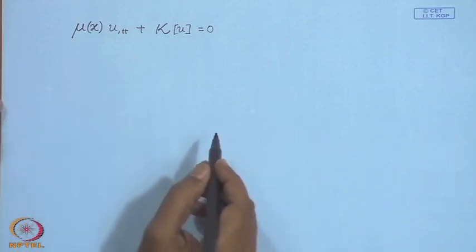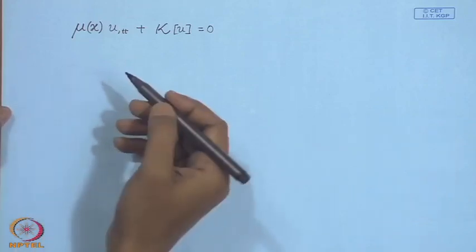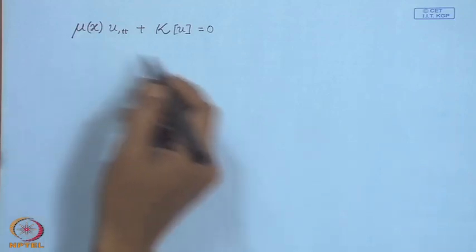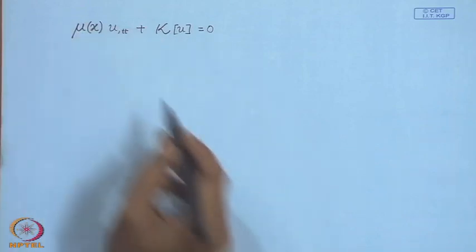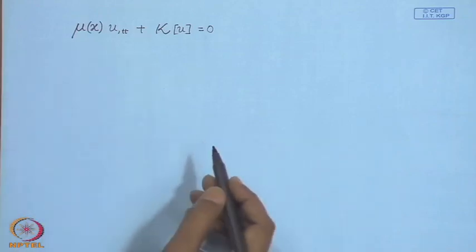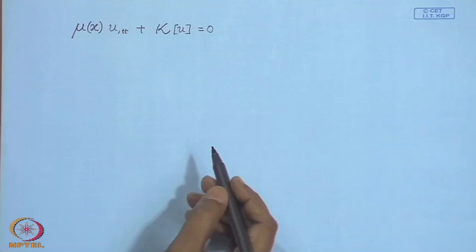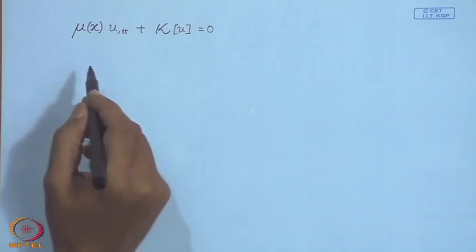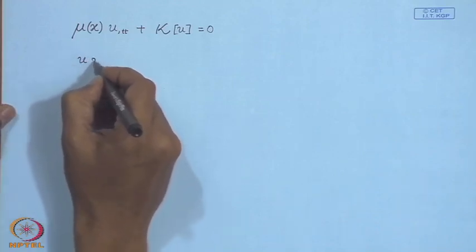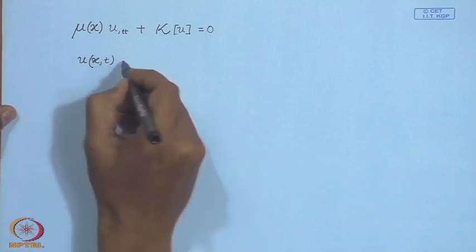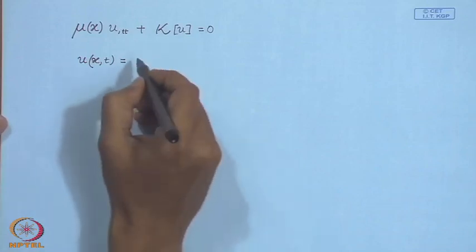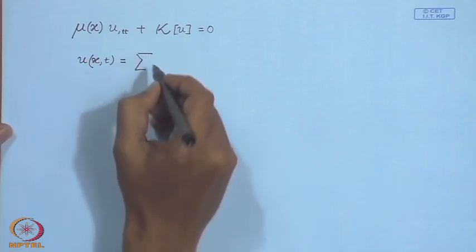Essentially what we are going to do is discretize. This is a continuous system, described by this partial differential equation. So, what we aim to do is to discretize this equation of motion. We use the idea of expansion of the field variable